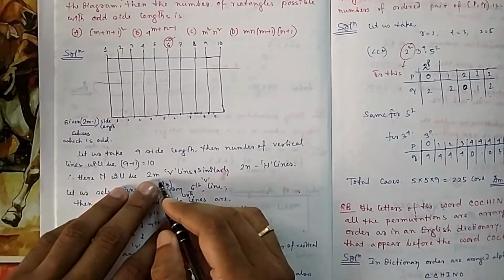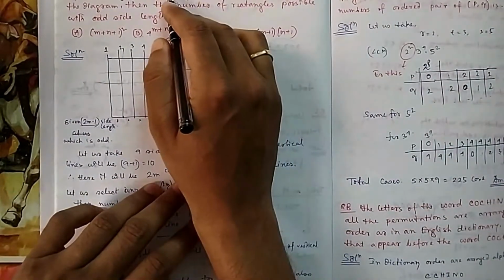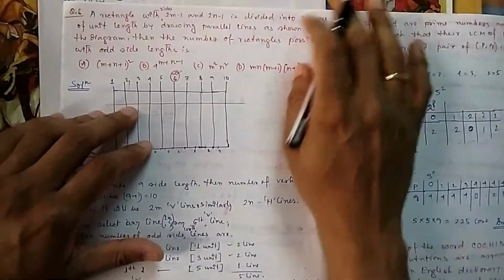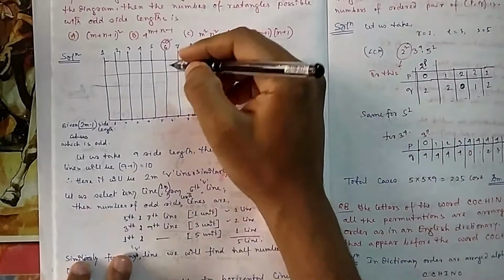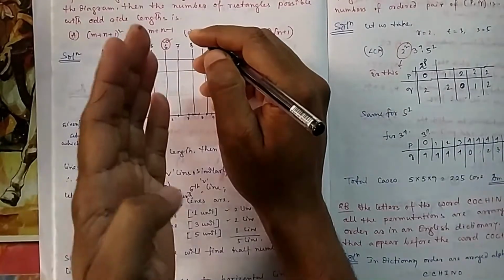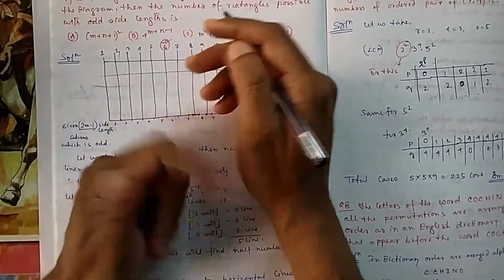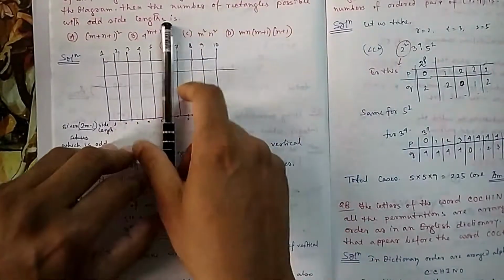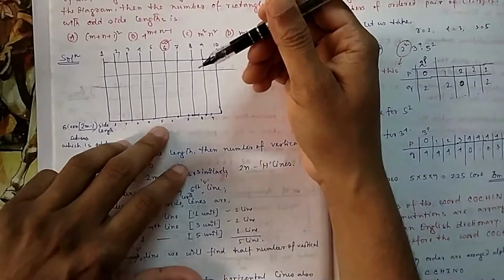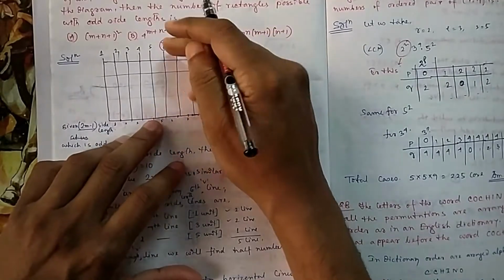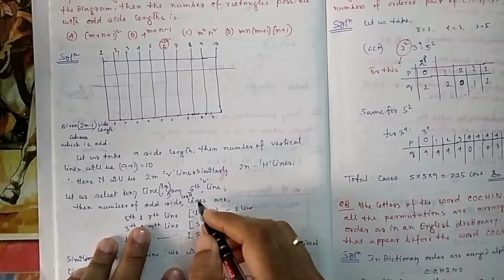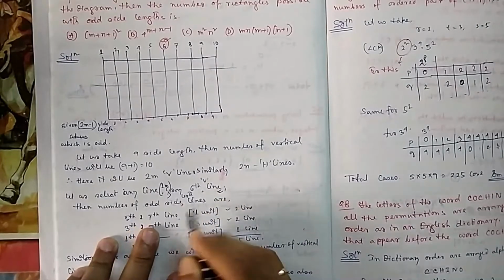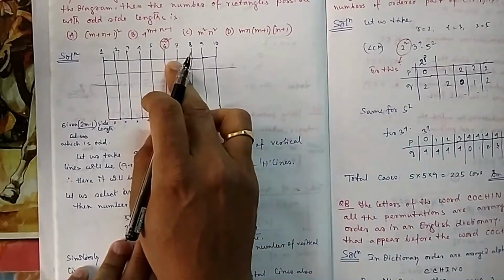Similarly, because the length is 2m minus 1, there will be 2m vertical lines. How many horizontal lines? 2n. So that you have seen. Now suppose you select one vertical line, because you have to select 2 vertical lines and 2 horizontal lines, then a rectangle will be formed. So first see how many from vertical lines you can choose. Suppose you choose this vertical line, then you have the option to choose 5 or 7. If you choose the 6th line, then you can choose 5 or 7. Then the length is 1 unit, gap is 1 unit.